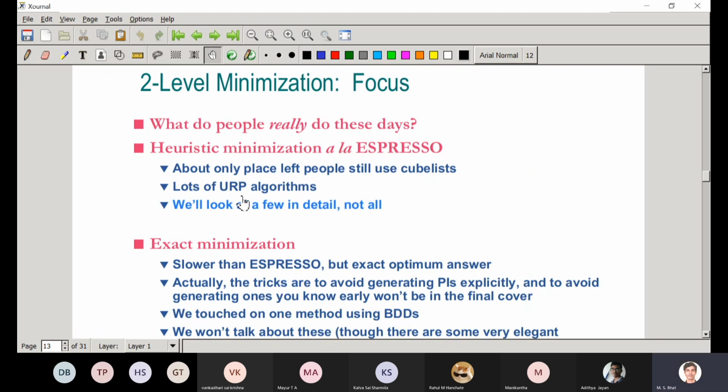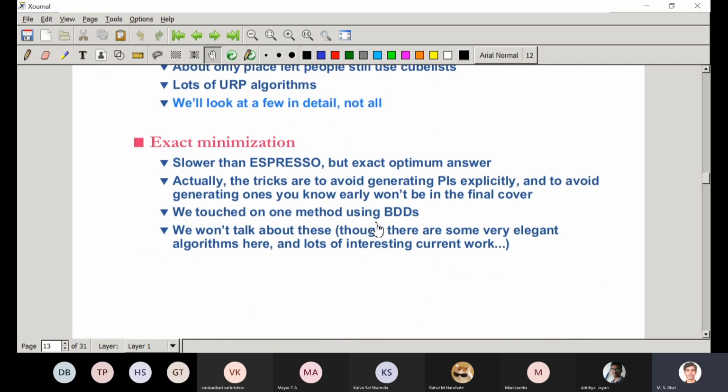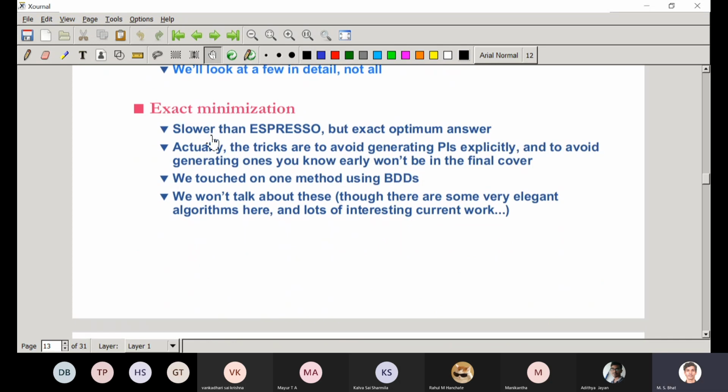Lots of unit recursive paradigm algorithms, and we will look at a few in detail. Okay. So exact minimization is slower than Espresso, but it gives you an optimum answer. Actually, the tricks are to avoid generating PIs explicitly. As I mentioned in the last class, you will have millions of prime implicants, so generating them becomes very difficult.